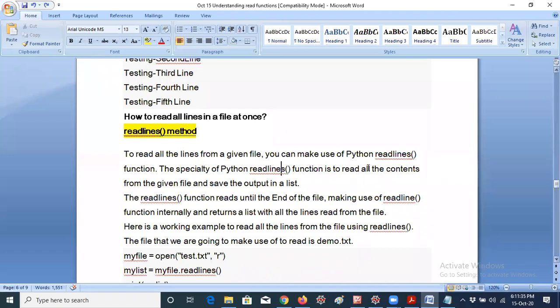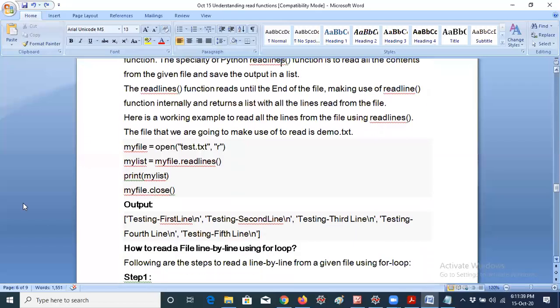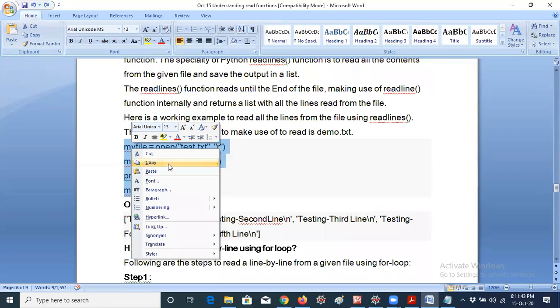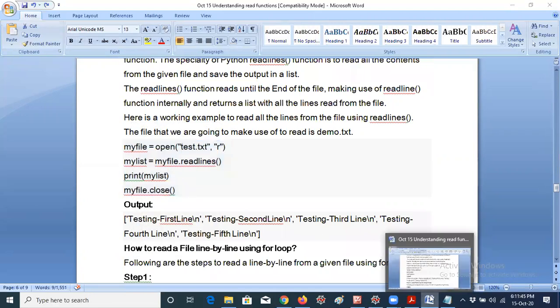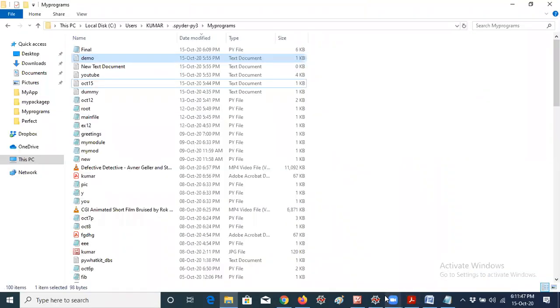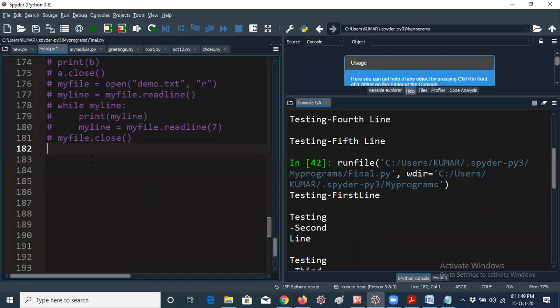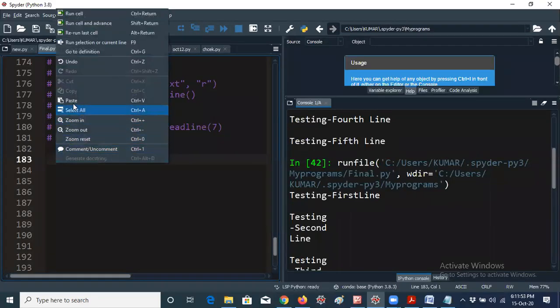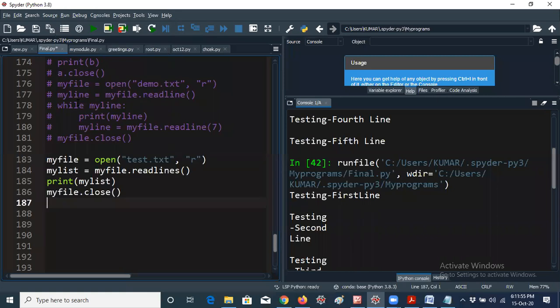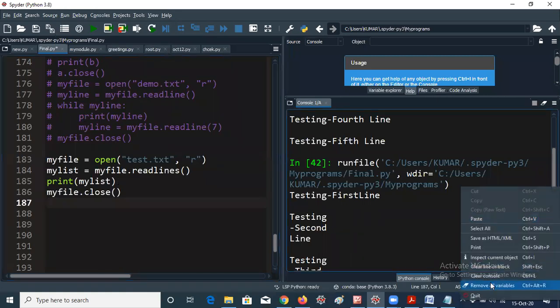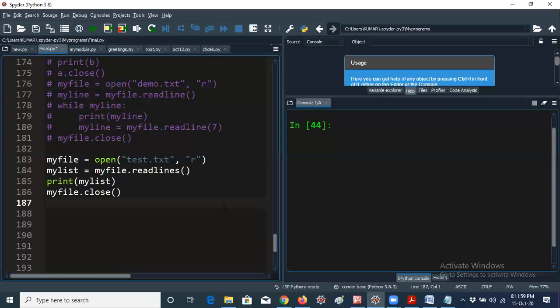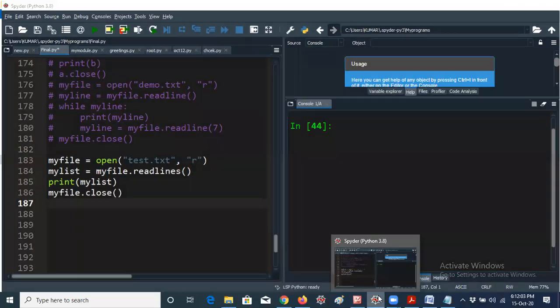So you can see all the code here. You can check the material. I will just go through the example. Instead of while loops and all, you had better use the readlines method whenever you want to access multiple lines. But according to my thinking, compared to readlines, read is better, because readlines displays the text in list format.